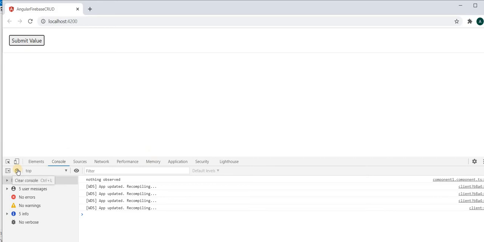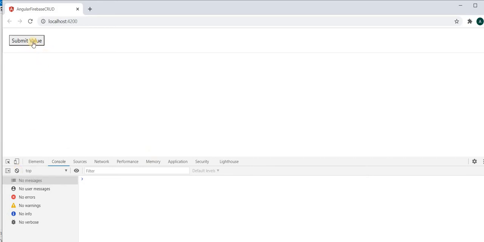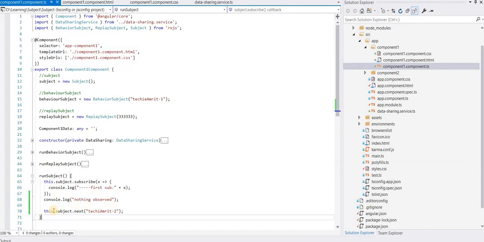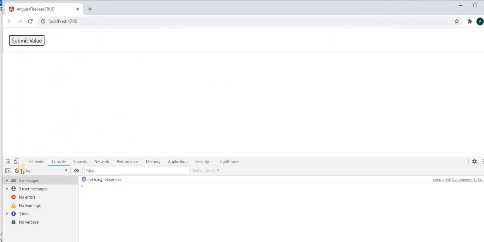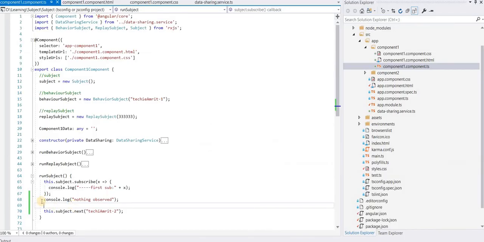So here, nothing is observed. Nothing is observed. I think the settings are not saved. Let me check again. Something went wrong. I have to correct this. Changes are not